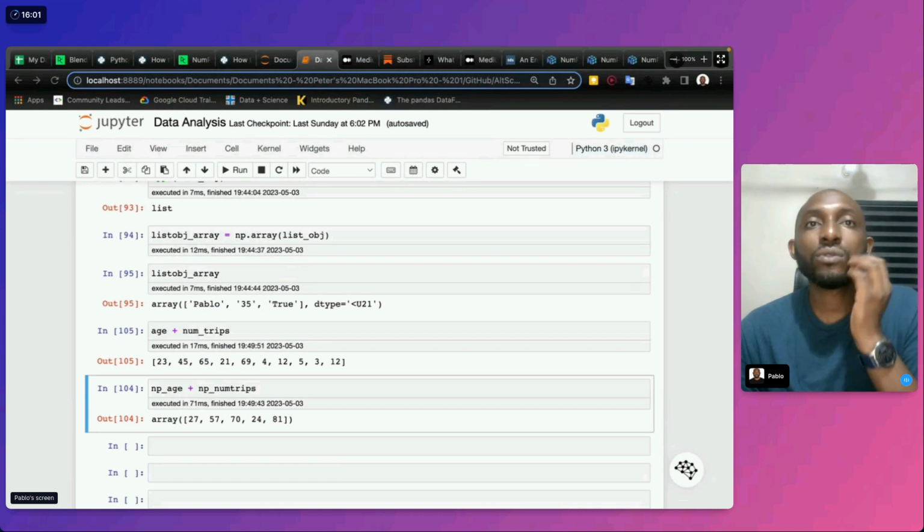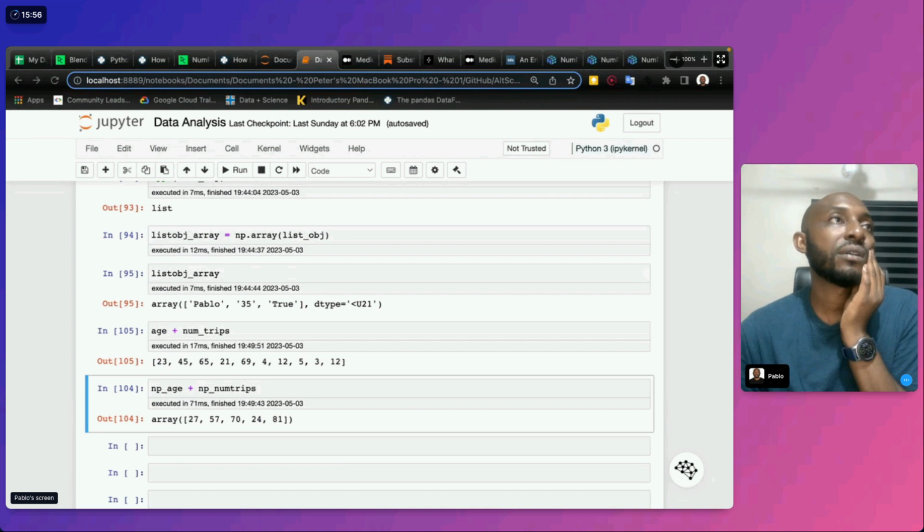So again, you can also create Python arrays from this.